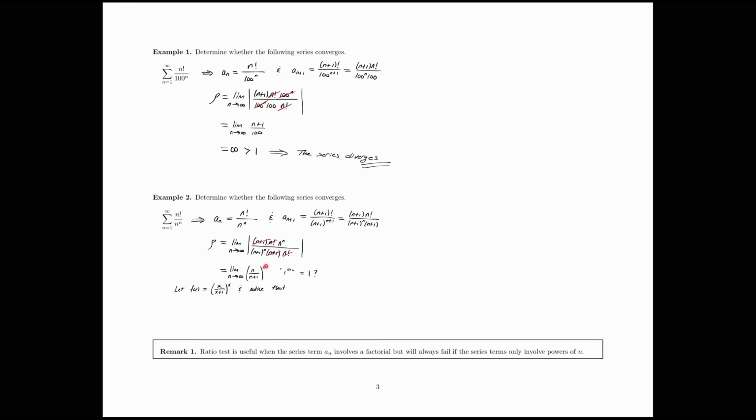This n is a discrete variable. So if we were to look at the graph of the discrete analog of it, it would just be a series of dots. It wouldn't actually be a curve. And since it's a series of dots and not a curve, we can't take a derivative here,